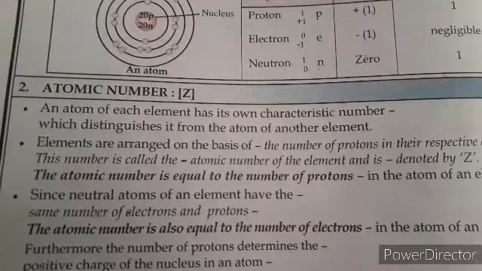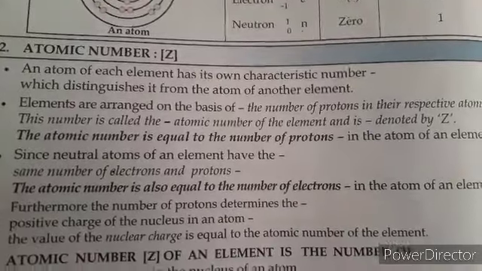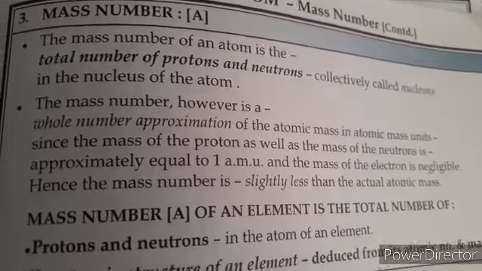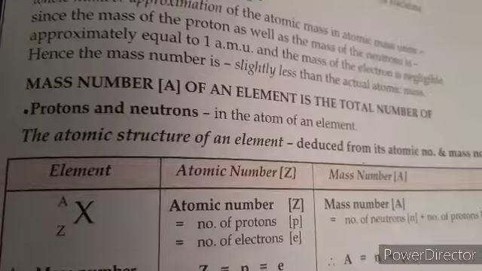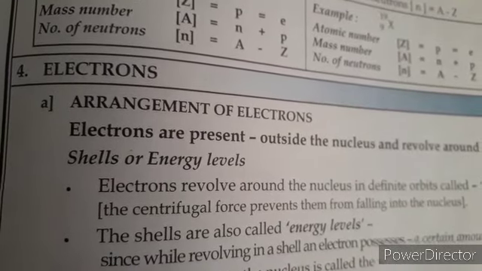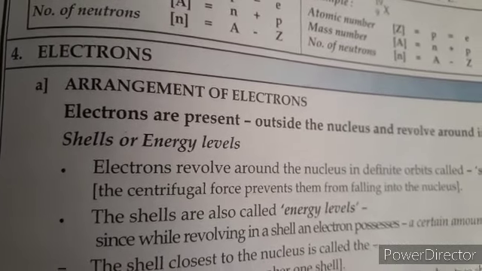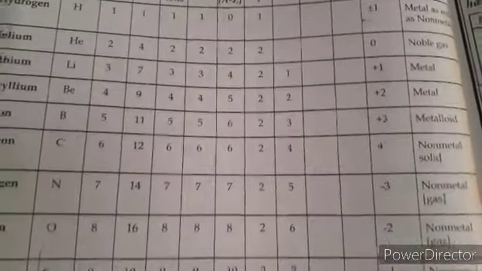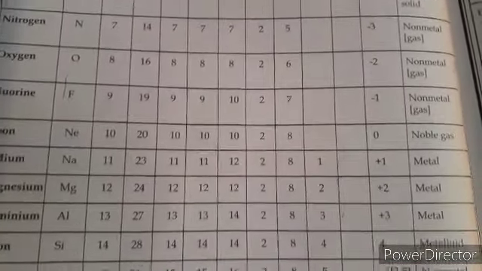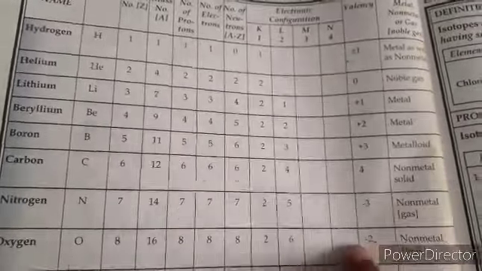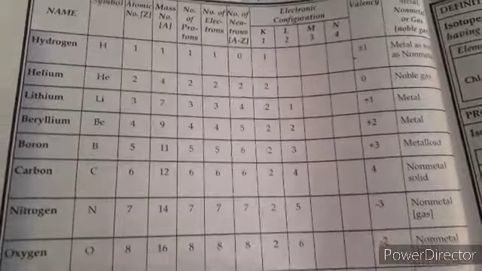Definition of atomic number. So you will have an idea of atomic number. Mass number. What's mass number? Its formula. Energy level. What is the definition of energy level? That is also there. This page, learn this page. It's helpful because it gives you everything, whether they are metals, non-metals, noble gases, and valency also has been there, their electronic configuration is there.